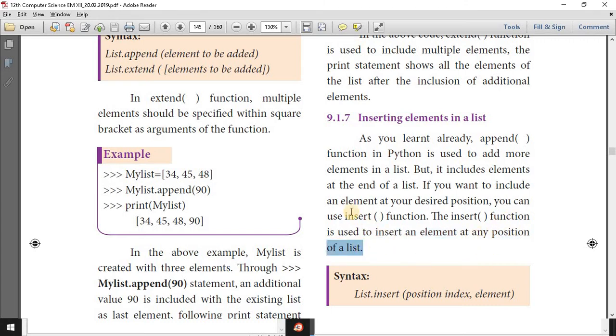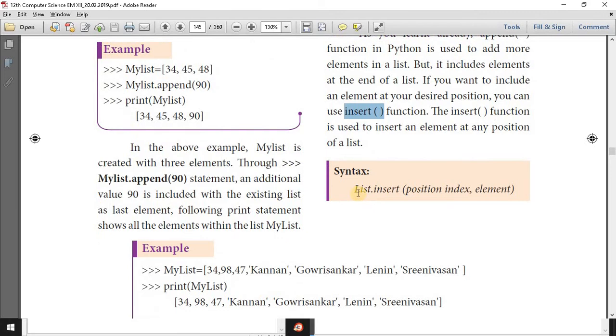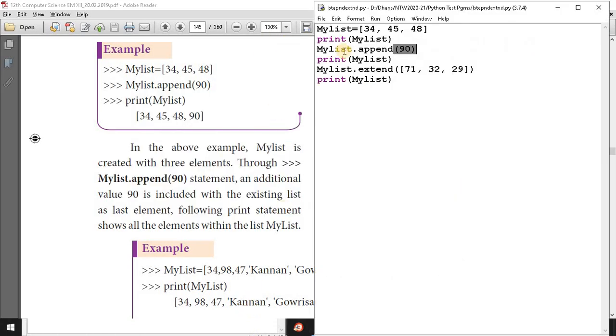Without using insert, we can change the value of a particular position's element, but insert inserts anywhere in the list. So list dot insert, position index comma element.